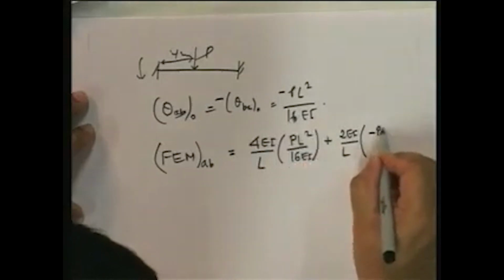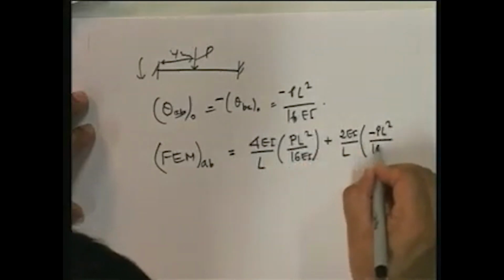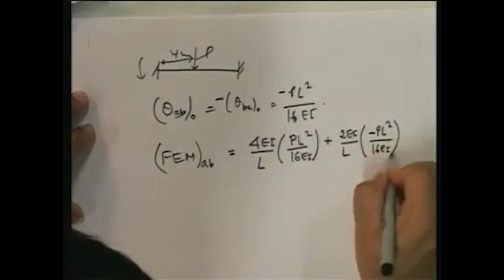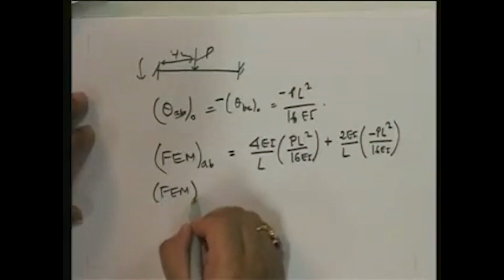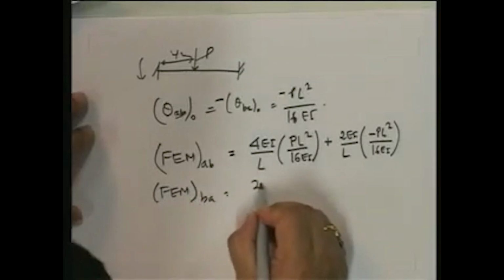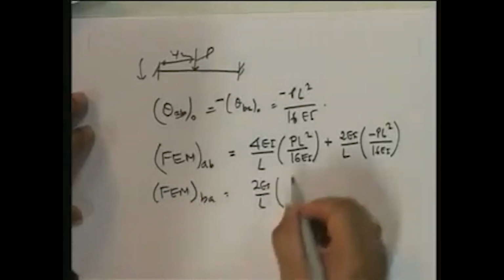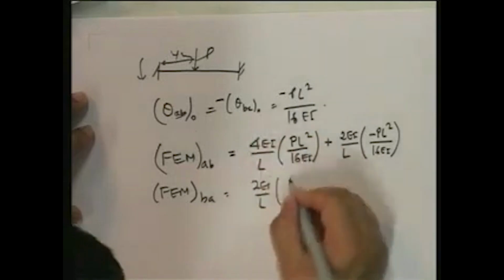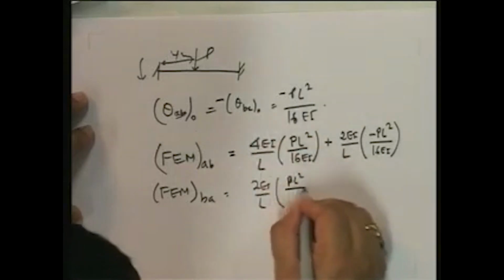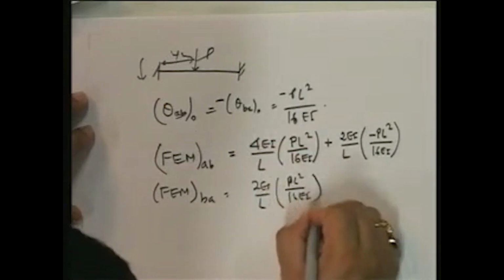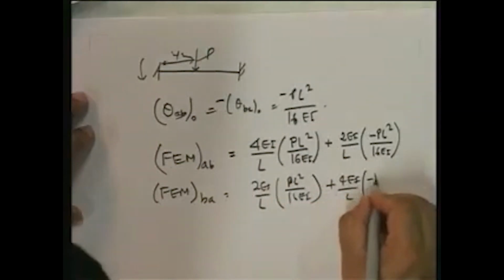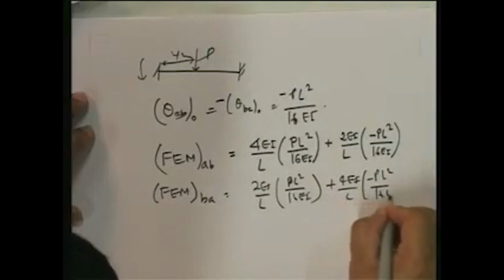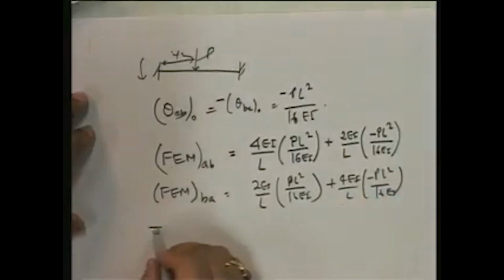It's minus, so I'm going to put minus PL squared upon 16 EI, okay, and fixed end moment at BA is equal to 2 EI upon L, and again minus of this is PL squared upon 16 EI plus 4 EI upon L minus PL squared upon 16 EI,